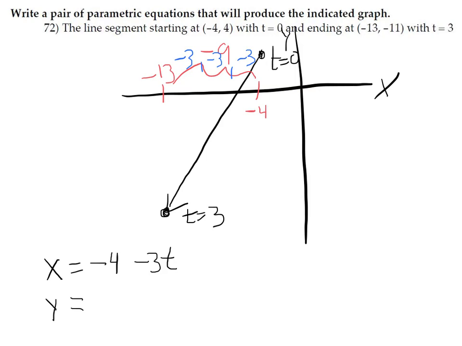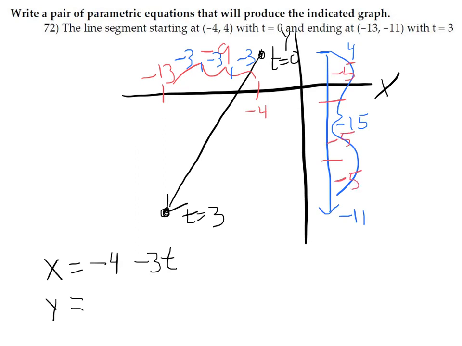Okay, let's see if this works out equivalently the other direction. We are at 4 and we have to go to -11. How far is that? That's 15. We have to go down 15 totally, but we have to do it in 3 seconds. So if we go down 5 each second, we'll go from 4 to -11 in 3 seconds. So the y value, we're starting at 4 and we're subtracting 5 each second. Combining that with our 0 less than or equal to t less than or equal to 3,